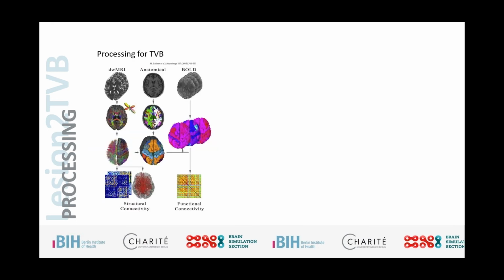So going back to TVB, what does this mean? What is the minimum requirement to run such a simulation? So we have our diffusion weighted imaging. If we want to process our own data, we require diffusion weighted imaging. We require the anatomical data, at least the T1 image, to get some form of segmentation and then parcellation, and BOLD images, fMRI data,